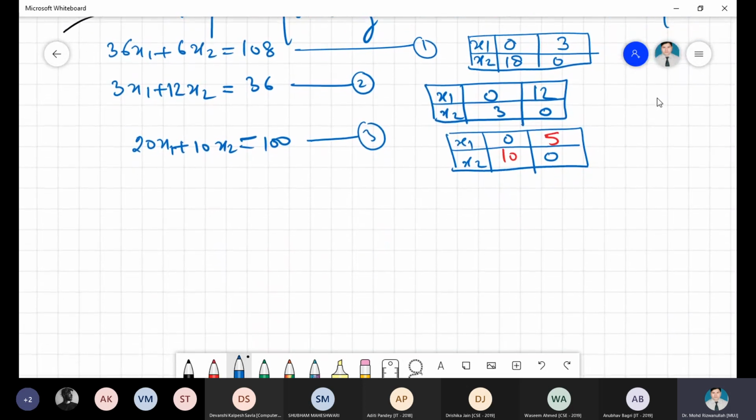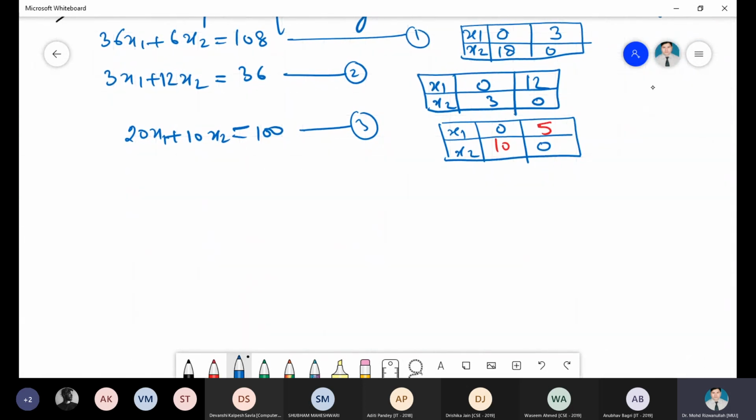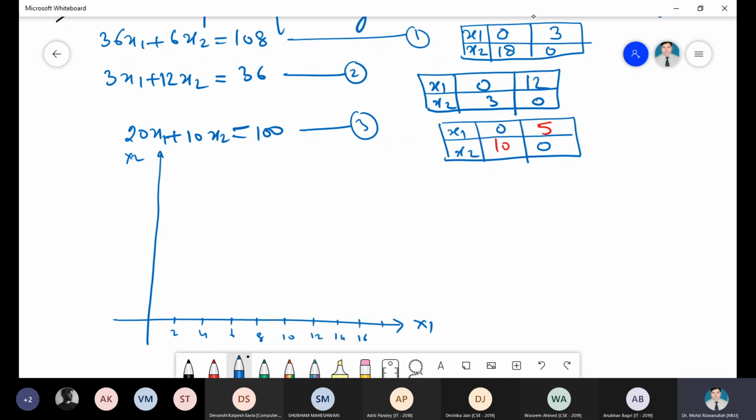Simple way, we can draw the line. So we can draw the line here. And then this is the first quadrant, x1, x2. Highest value is 18. So we can take the 2 points. So 2, 4, 6, 8, 10, 12, 14, 16, 18. 2, 4, 6, 8, 10, 12,